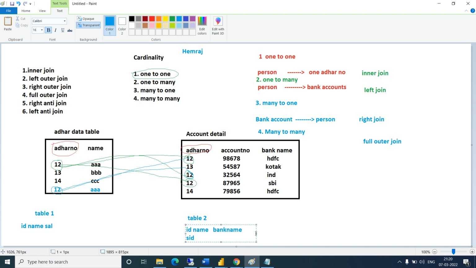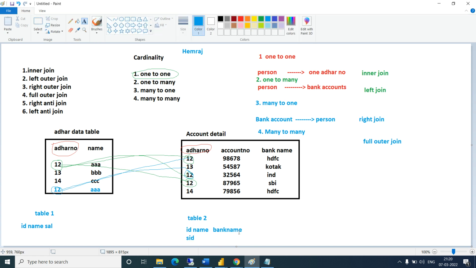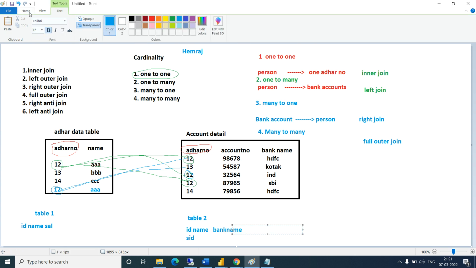When you want to perform appending on these two tables, you cannot do this, because the appending rule is you should have common columns in both tables. If you have ID, name, salary, then you should have ID, name, salary here also. It is just used to club the data into one data set.